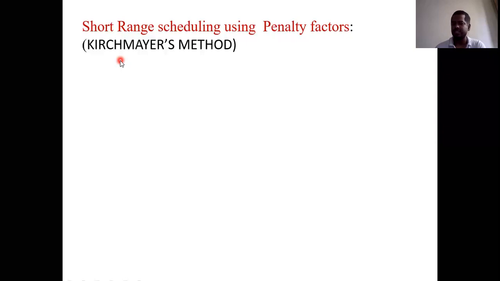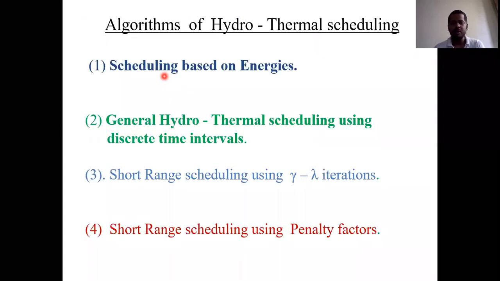This is nothing but a scientist's name. This method is also called by a scientist's name. And this is exactly the same as your first unit. The same derivation we did in the first unit, the same procedure we will follow here also. The reason is, out of these 4 algorithms, we have only the second algorithm in our curriculum. The first algorithm is also not there according to our curriculum. But still, I covered the first algorithm.